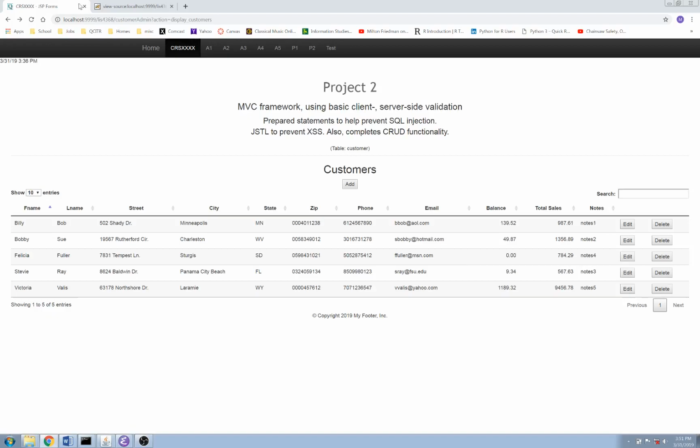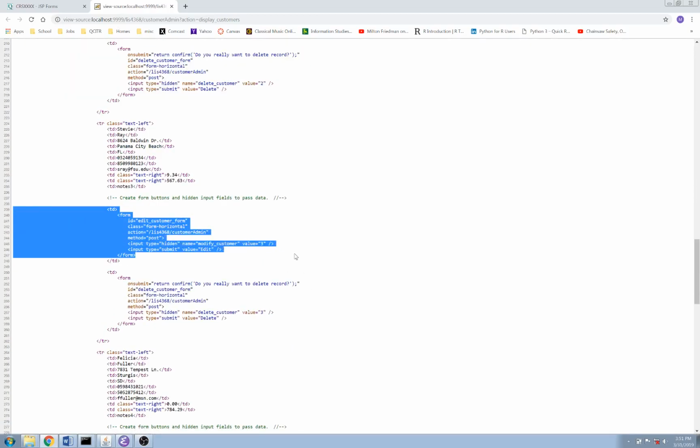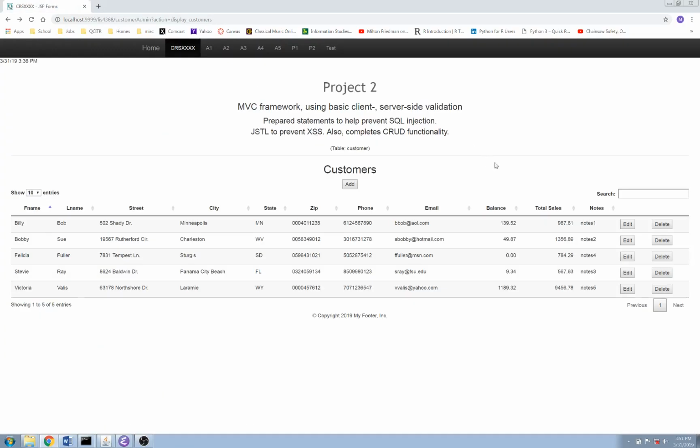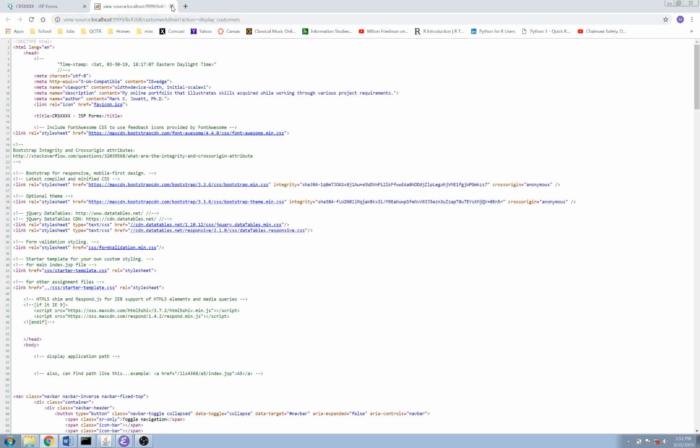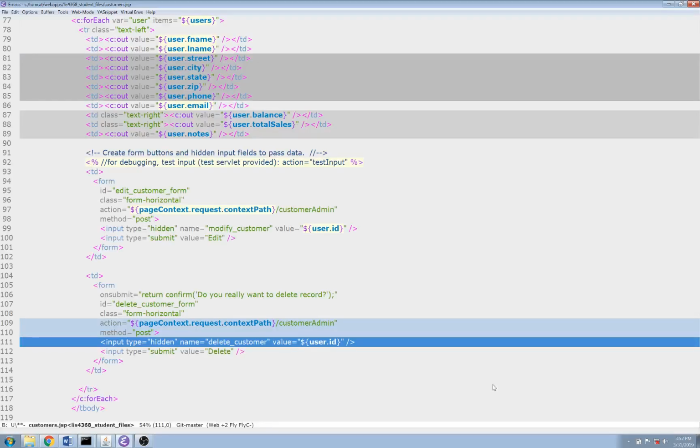Next, I want to make sure that each one of the records can be edited or deleted. So here are the modify for value 2 and the delete for value 2, etc., etc. Do the same thing here, modify and delete for record 3. So a good debugging technique is if your code is not working properly, just view the source and make sure that the data is exactly the way it should be. And that is pulling the data for the primary key. All right, so that is the comparison for